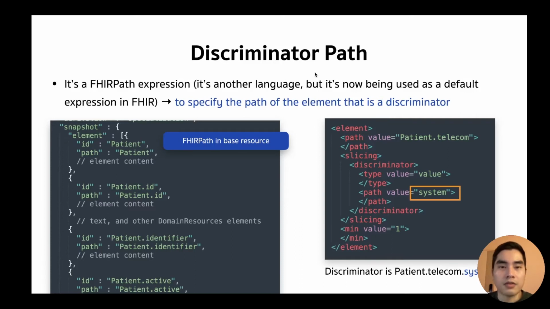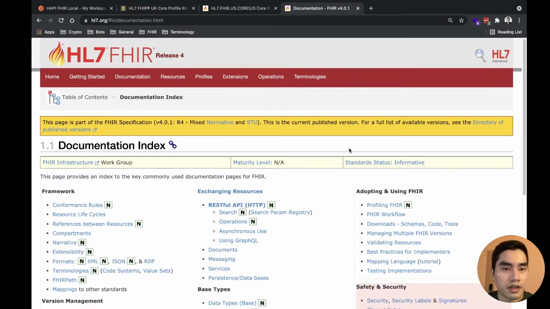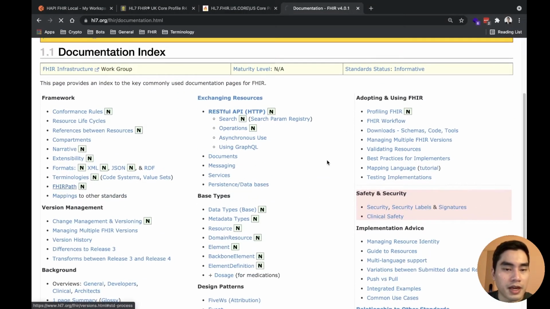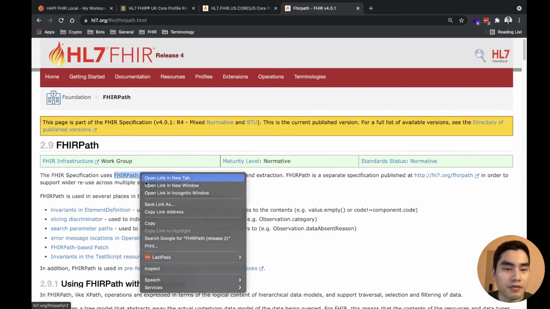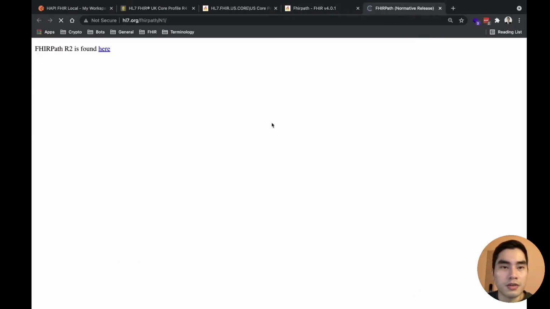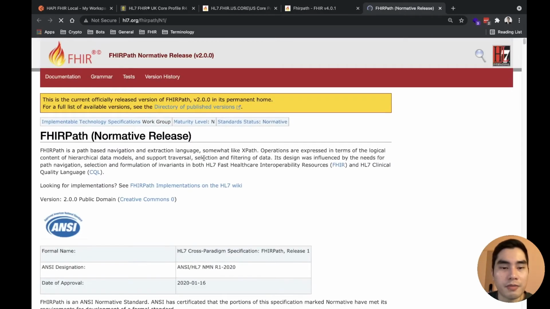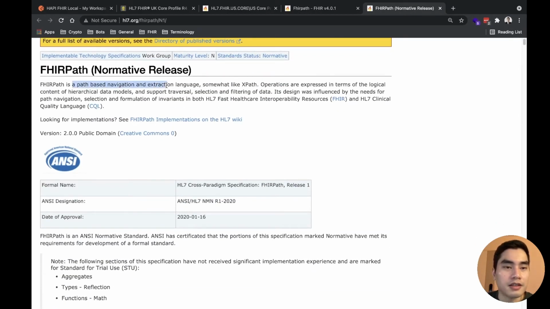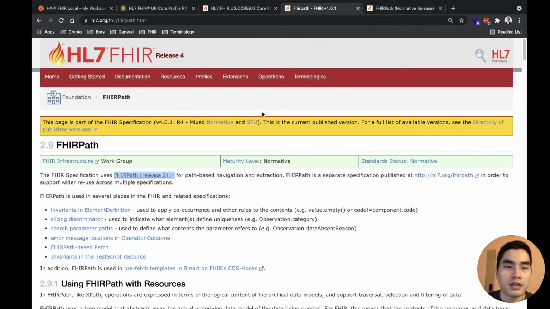And path. What is the path? Actually, it's a FHIRPath expression. FHIRPath is another language. If you go here, you will see this FHIRPath, and it will redirect you to the real standard of FHIRPath. It's a navigation and extraction language. It's a different standard than FHIR, but they complement each other and are used together with FHIR.